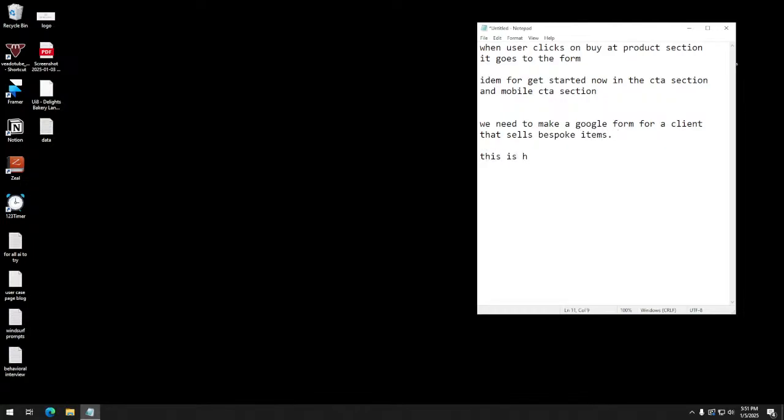This is how I want it to look. First, a description on top. I need to think about four options of the item names. It needs to be required,